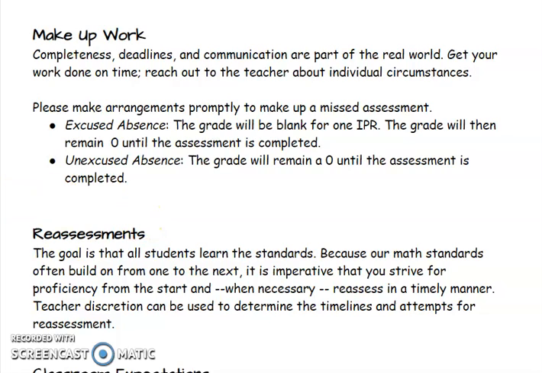As far as makeup work goes, completeness, deadlines, and communication are part of the real world. You need to get your work done on time, so when it's assigned, do it. When it has a due date, turn it in by that due date. You can reach out to me about individual circumstances when they come up, but please make arrangements promptly to make up any missed assessments, like your tests and quizzes, so that you can get your feedback and see where you're at. An excused absence will result in a blank